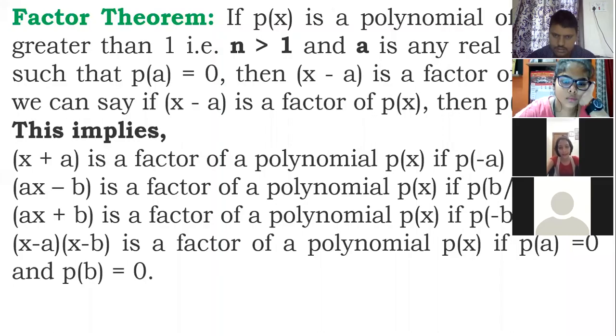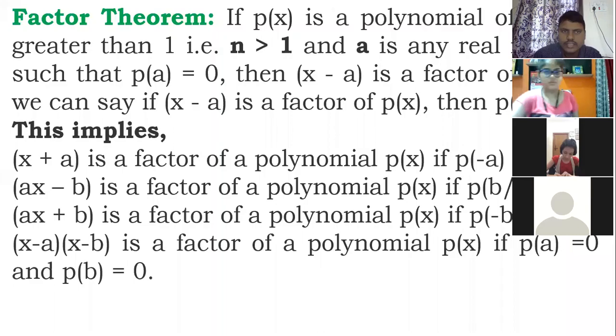Sir, so it can be any equation or expression, but then P of A, or B, or C, whatever variable it is, should be 0. Yes, the answer should be 0. Either by long division, substitution or synthetic division. Previously, you would get some remainder like 2, 3, 10. But here the answer should be 0. If you get 0, it is a factor. If you do not get 0, it is not a factor.